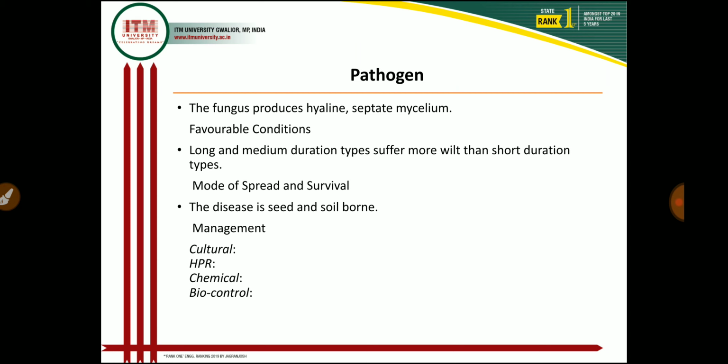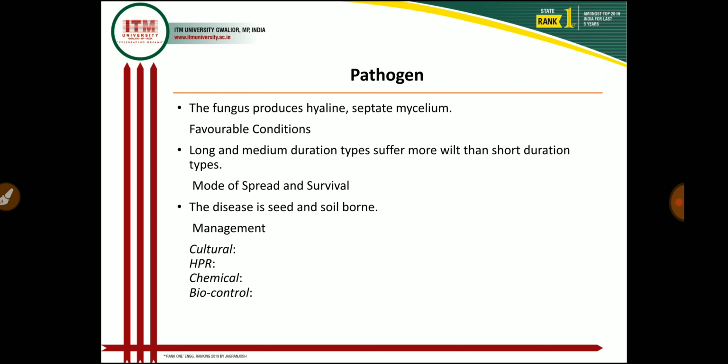In favorable conditions, long and medium duration types suffer more wilt than short duration types, and monocropping and ratooning predispose the crop to wilt. Disease incidence is more severe in vertisol soil than in alfisol soils, and early sowing, good weed management and good crop growth encourage wilt development, and soil temperature of 17 to 25 degrees centigrade favors the disease development in